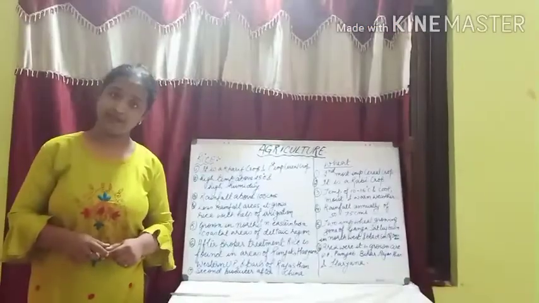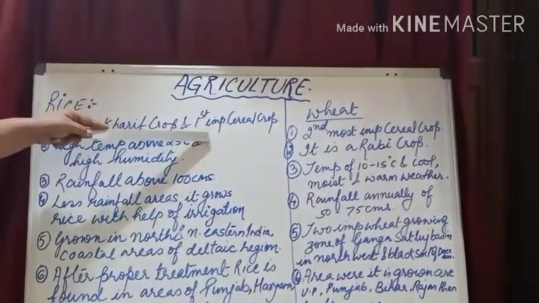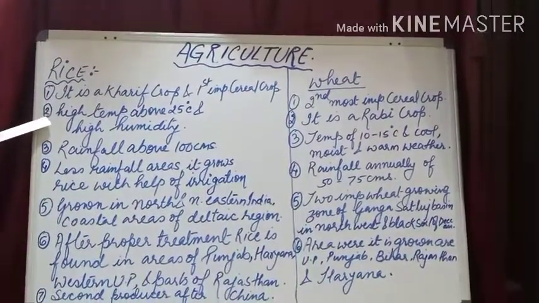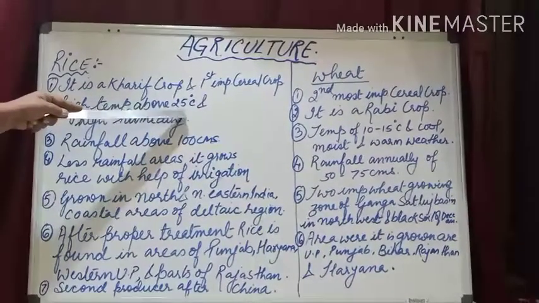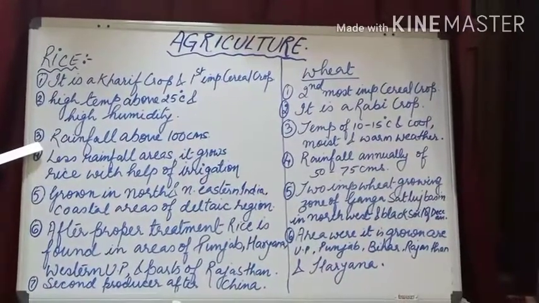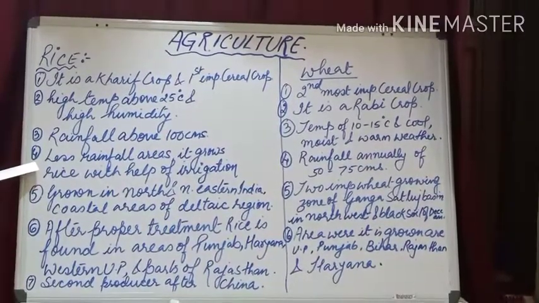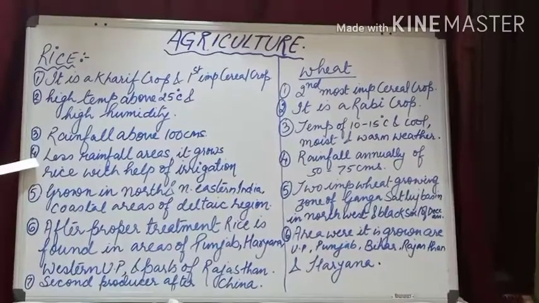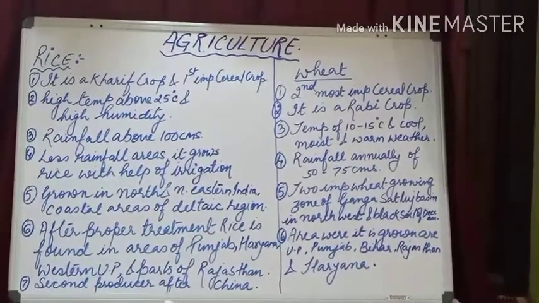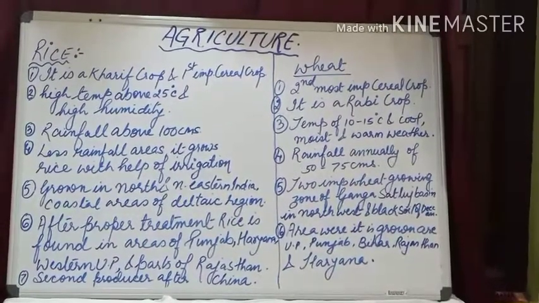Now let's talk about rice. Rice is a kharif crop and the most important cereal crop of India. It requires a high temperature, above 25 degrees Celsius, with high humidity. Rainfall should be above 100 centimeters. In the areas where the rainfall is not so much, it grows with the help of irrigation. Means the field is watered properly, nurtured properly,